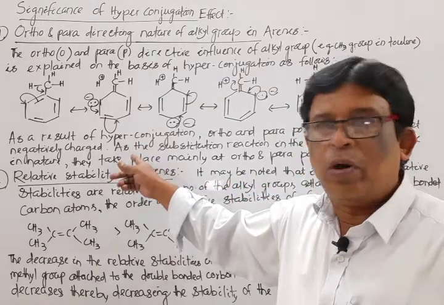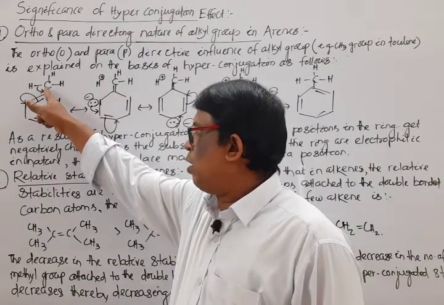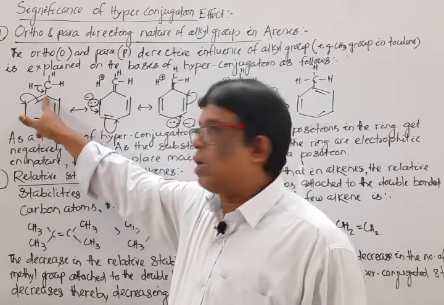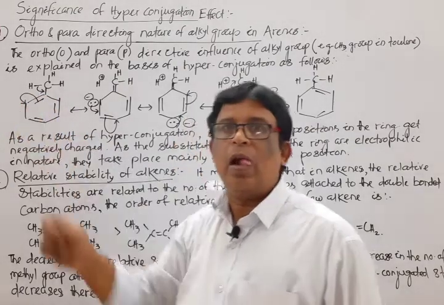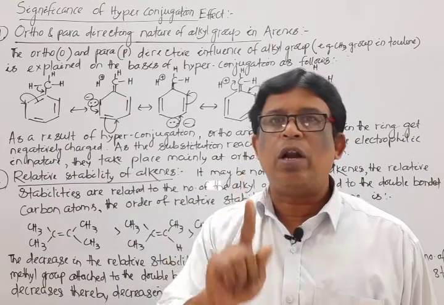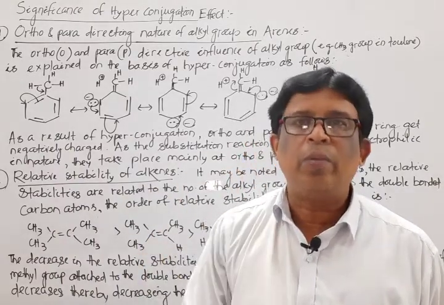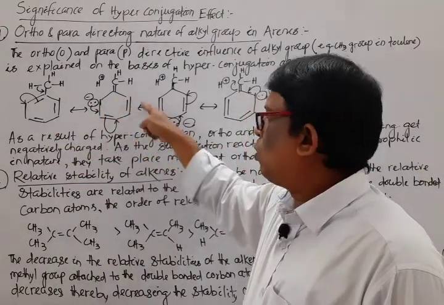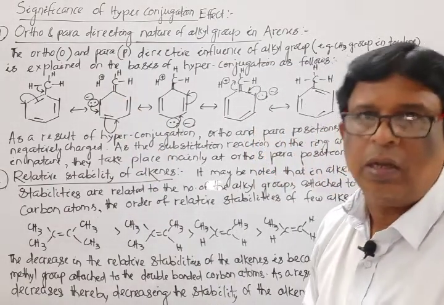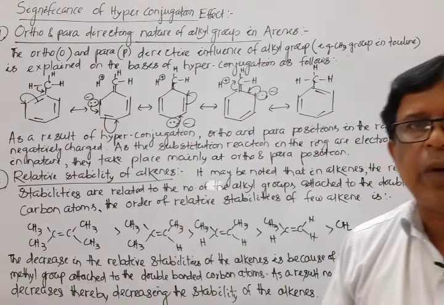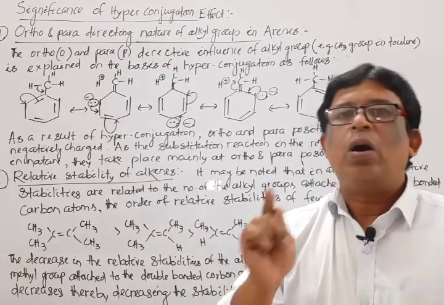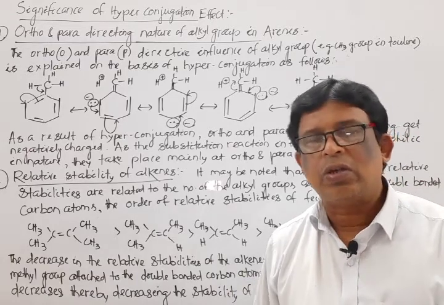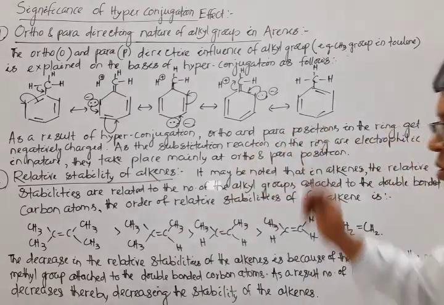I already informed you. When this bond transfers, forming a bond, 1, 2, 3, 4 is there, another bond 5. So in order to become stable, this bond transfers in the form of a pair. When a pair of electrons transfers, it forms a bond. When a bond breaks, it forms a pair of electrons. In this way, the pair of electrons, like resonance, moves from one end to the other end through the conjugating pi bond. Already covered: what is a conjugated pi system? Single, double, or double, single bond is there. Then one is able to write a resonating structure or hyperconjugating structure. Note down the structure.